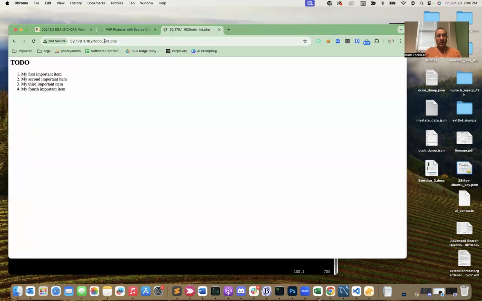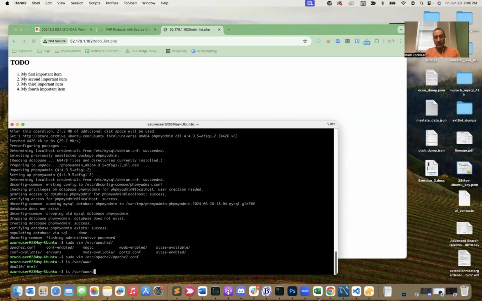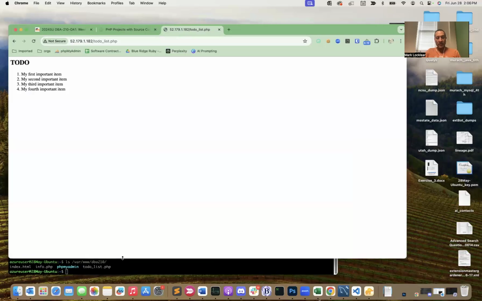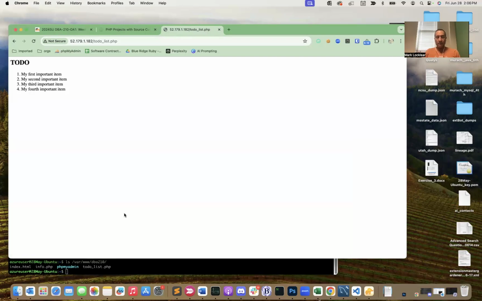So for instance, when I enter this to-do list, if you recall, in /var/www you remember we created this DBA210 folder, and then of course inside that we have this to-do list.php. So that's what the routing does. When you go to the to-do list, it's going to automatically look inside this /var/www folder, right? And same thing when we go to phpMyAdmin,